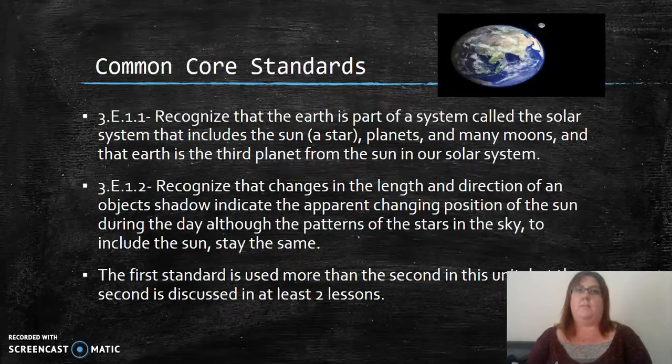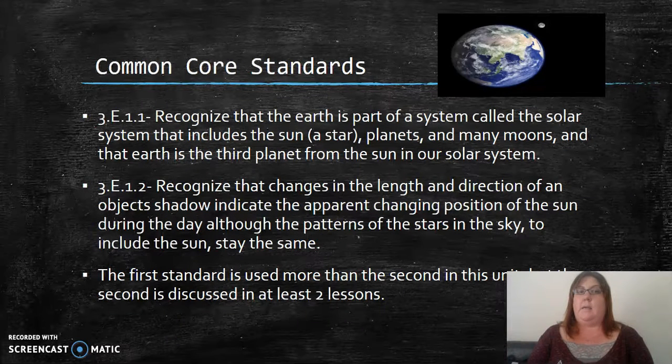The Common Core standards that I used for this unit were basically 3E1.1, which is to recognize that the Earth is a part of a system called the solar system that includes the Sun, which is a star, planets, and many moons, and the Earth is the third planet from the Sun in our solar system. The other standard that was used most was